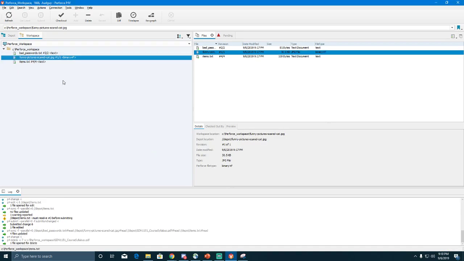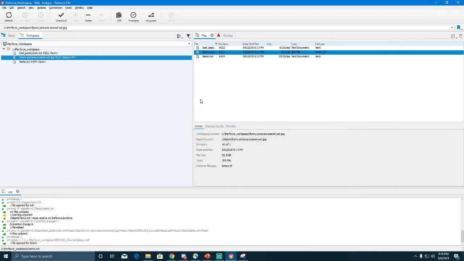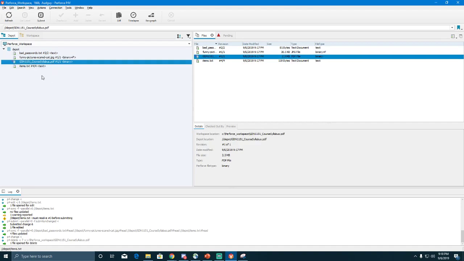And you'll notice the file goes away immediately. All right. It's even removed from our folder. All right. But it's not completely gone yet. If we go back to our depot, you'll notice the file is still there, but it has a red X on it. It means it's been marked for deletion on the server. All right. So to make sure it's gone out of this list so other people don't have to see it,